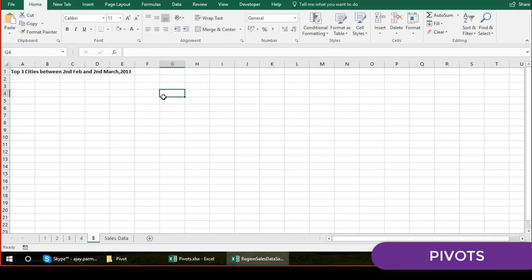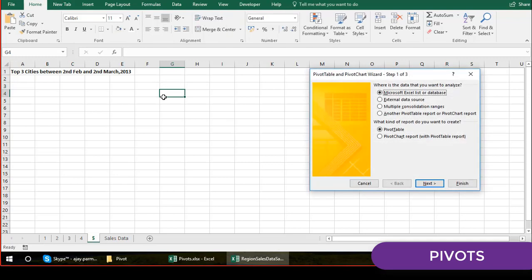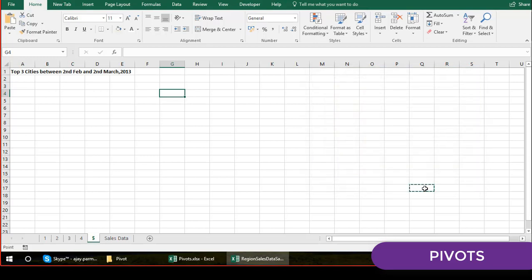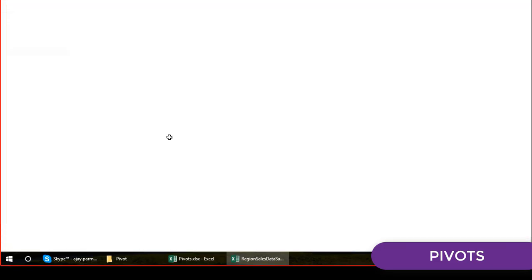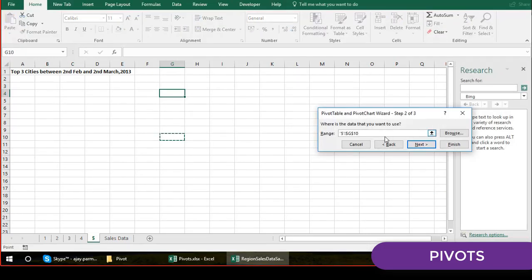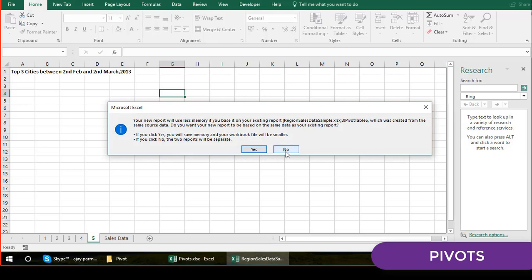So let's go and create the pivot, Alt DP. You can also use Alt N because N is underlined. I can press Alt N as well. Alt N will take me to the next window. And then I can write P range, which is my name manager, and click on the finish. Alt F also you can do.